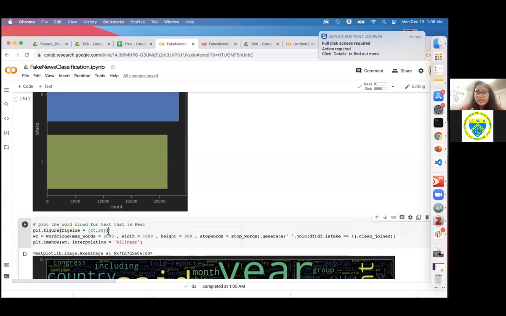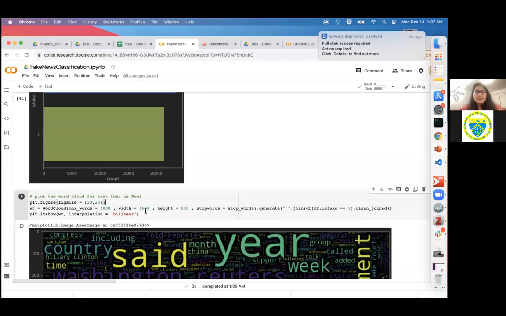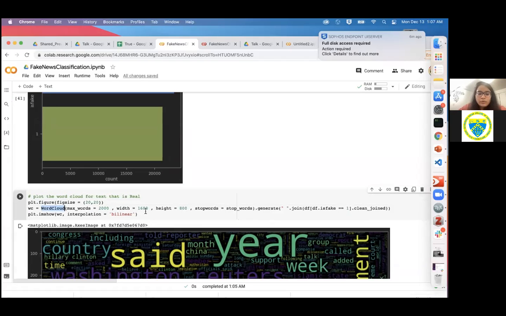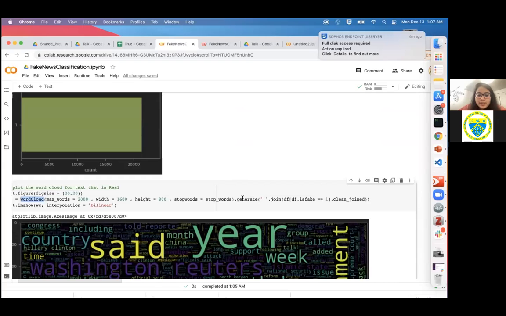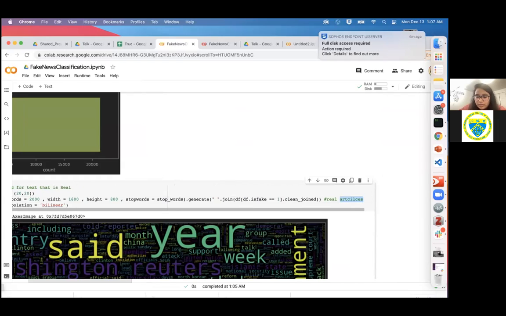So let's see, is there a relation between which words are present in the fake articles versus true articles? And can we see if we are able to predict based on those correlations? So again, we use the word cloud library. This word cloud is a library which will give the words that are most common. So essentially here I'm using this data frame where is fake equal to 1. So this was for real articles. Among real articles, I'm trying to see which particular